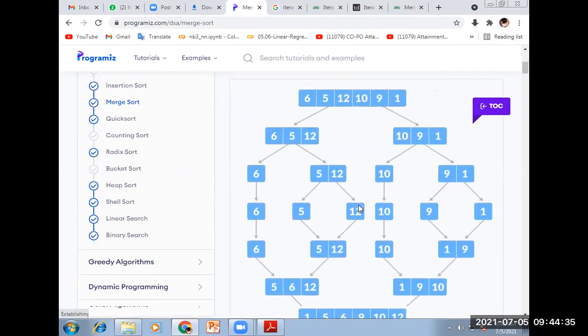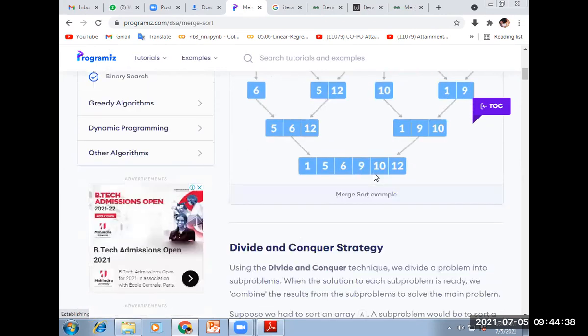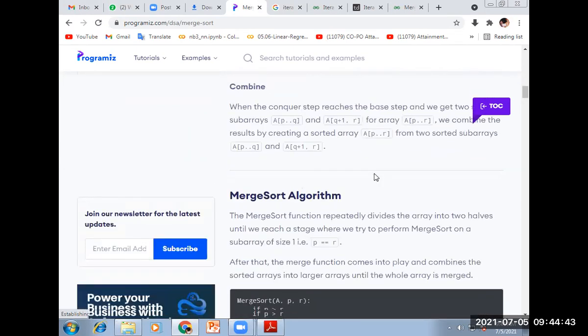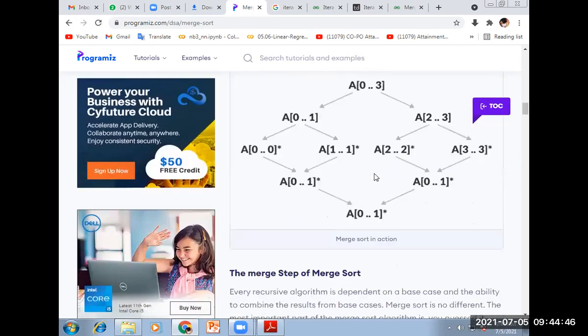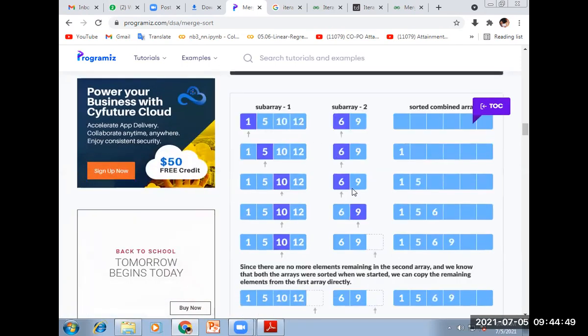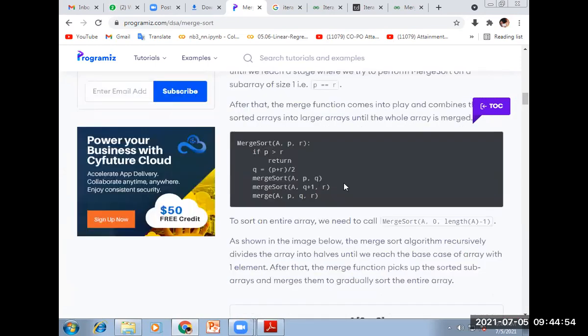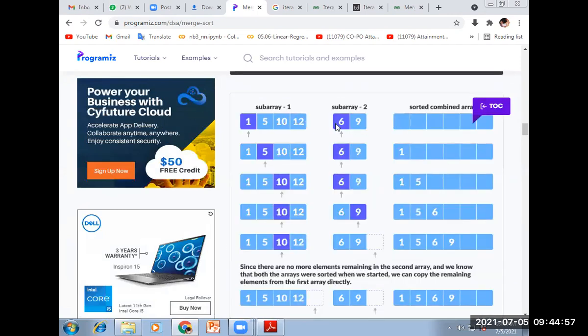This one is called a recursive method. Recursively divide the number by 2 and compare the left element with the right. After sorting the left array and the right array, you consider a third array, compare these two, and whichever element is less is stored in this array. Okay, clear? Any queries, students?